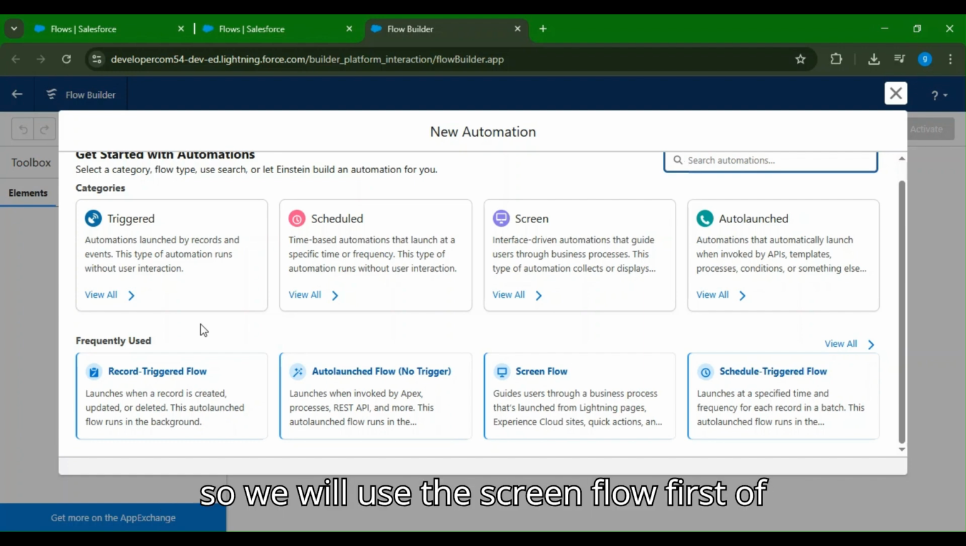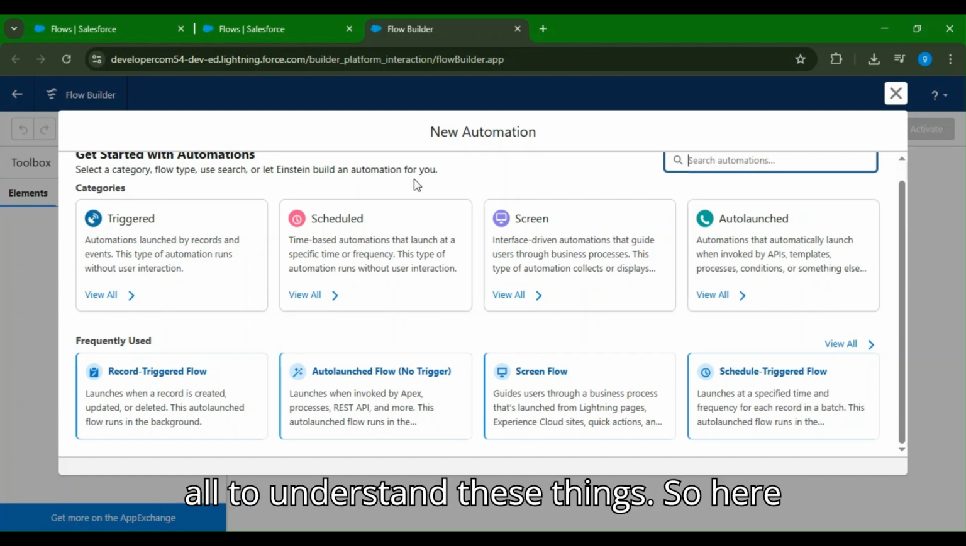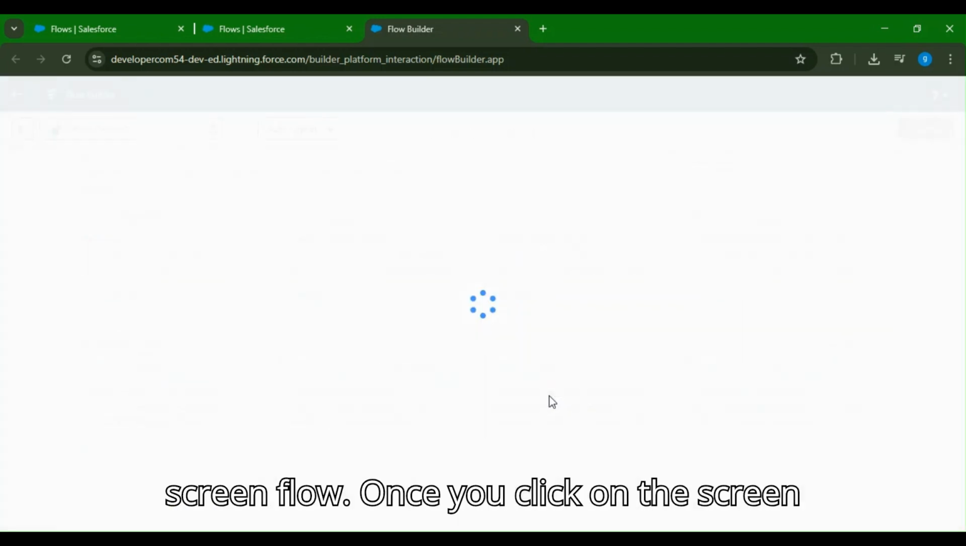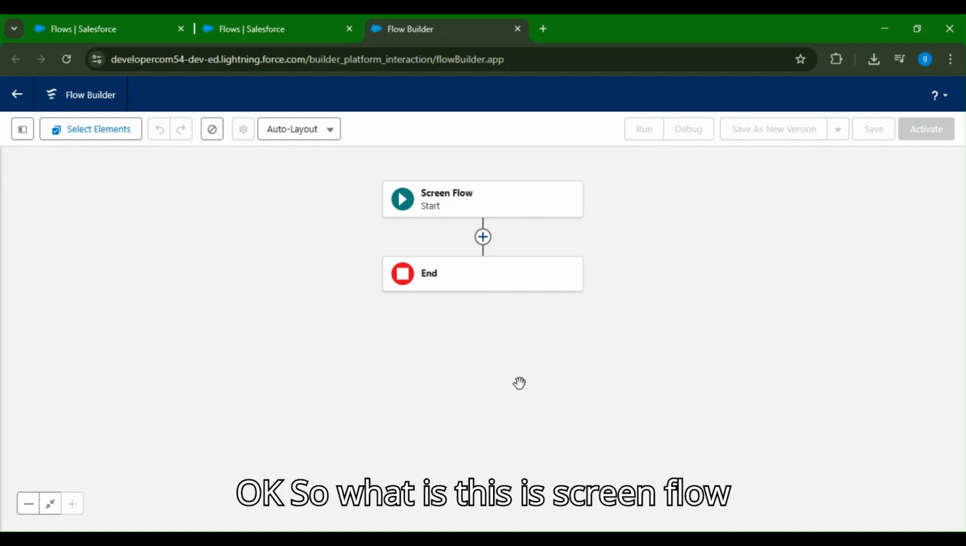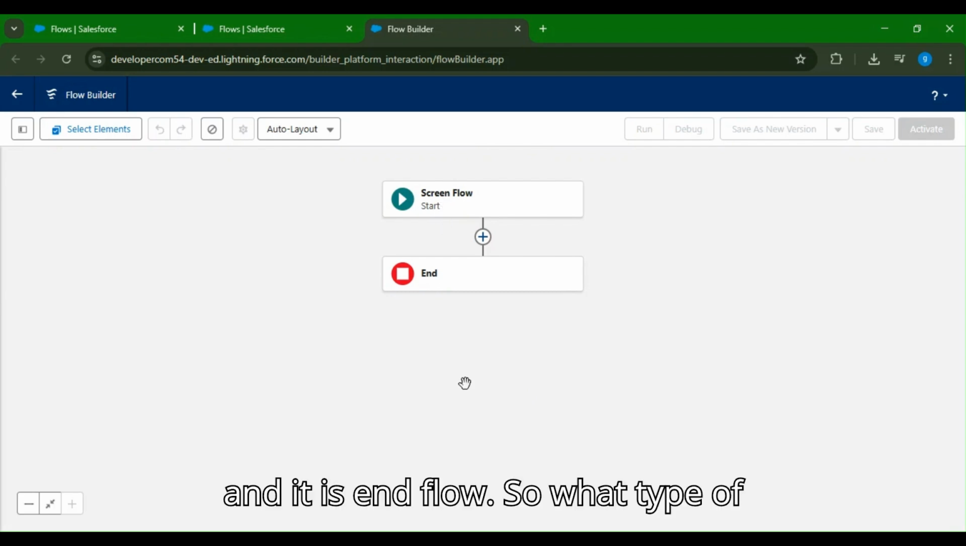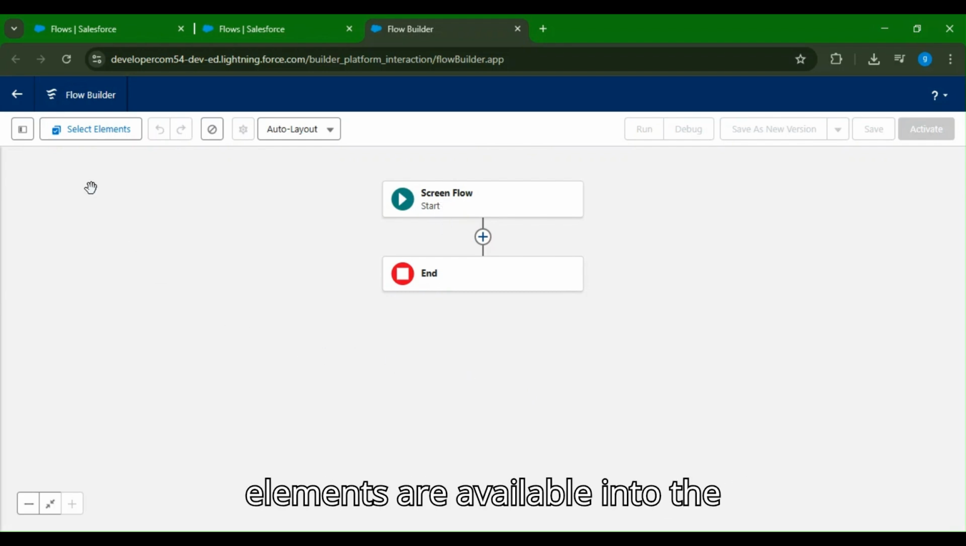We will use the screen flow first to understand these things. Here you can see, just click here, there is a screen flow. Once you click on the screen flow, this type of window will open. This is the screen flow and its end. So what types of elements are available in Salesforce